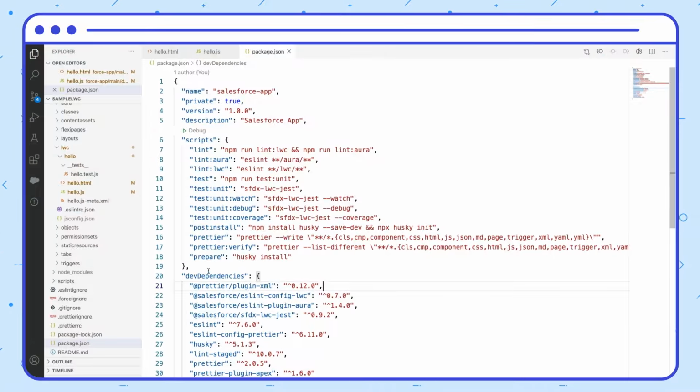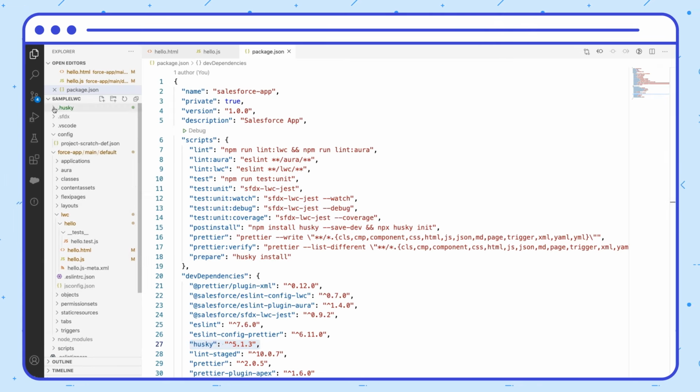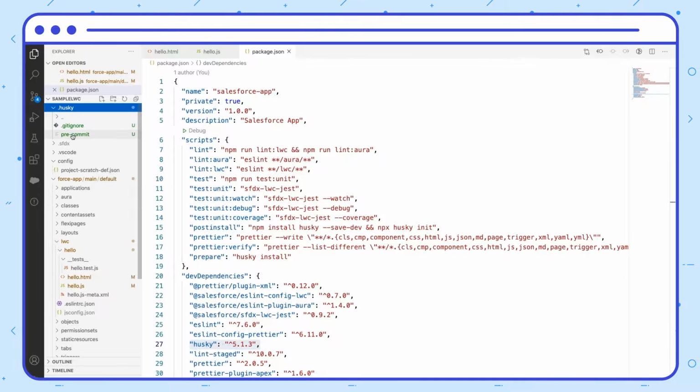Here you can see that it adds a prepare step for Husky and it also adds the package version in dev dependencies. Not only that, it creates a .husky folder and adds a pre-commit hook file for us.